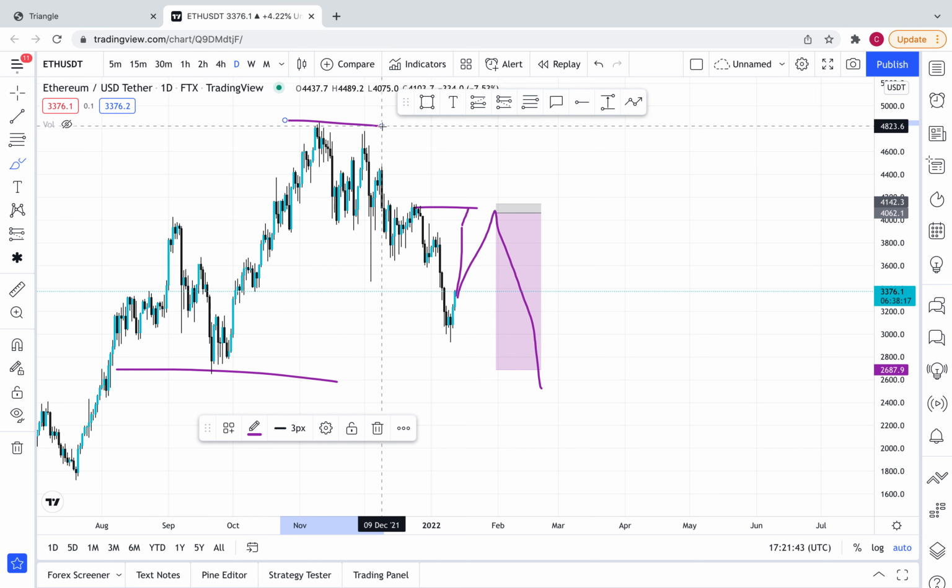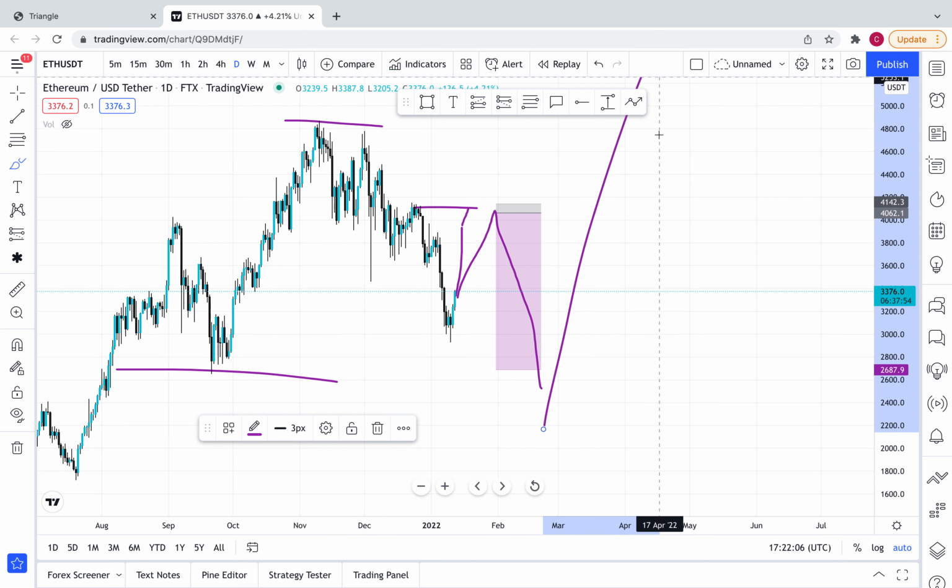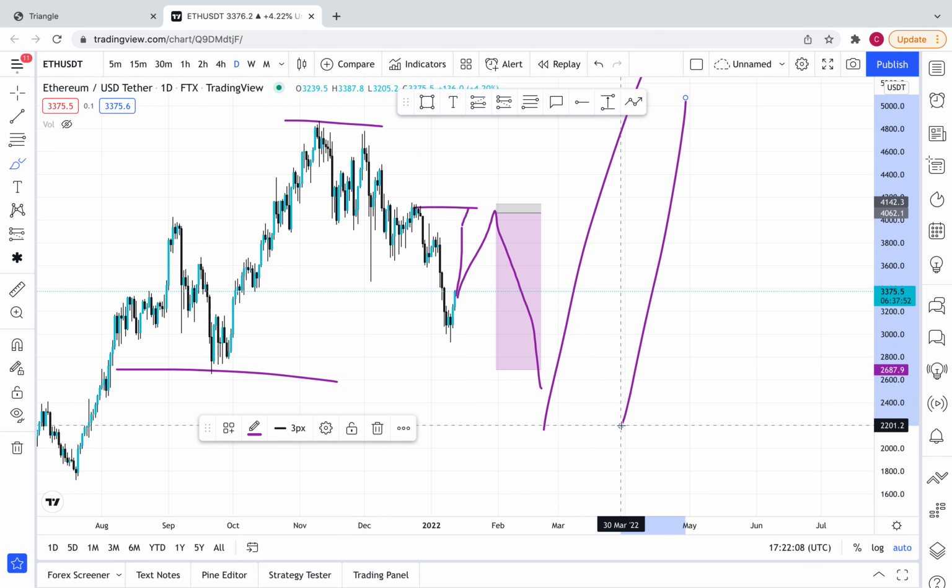Well, we don't know. Certain things have to be done. We're talking about manipulations here. We're talking about price manipulation. We're talking about balances and imbalances, engineering, and so on and so forth. So all these things, liquidity needs to be engineered, liquidity needs to be cleared for market to move from one region to the other. So price doesn't just move up and move down. Certain things drive price actions, you see.